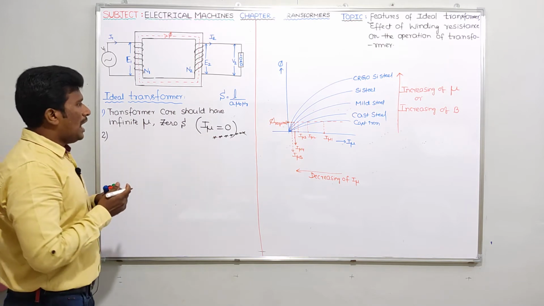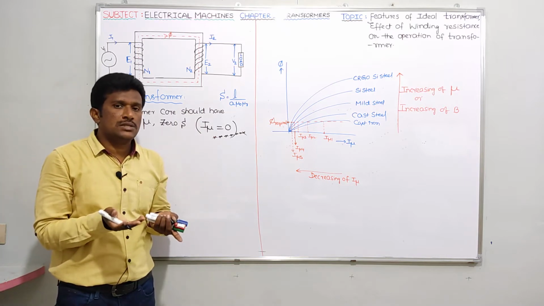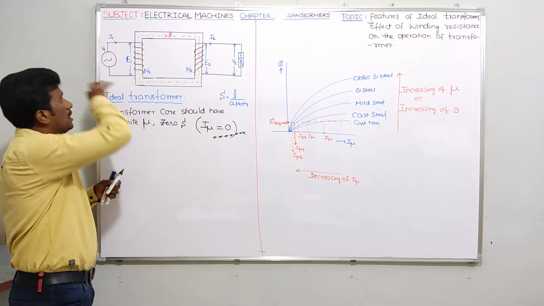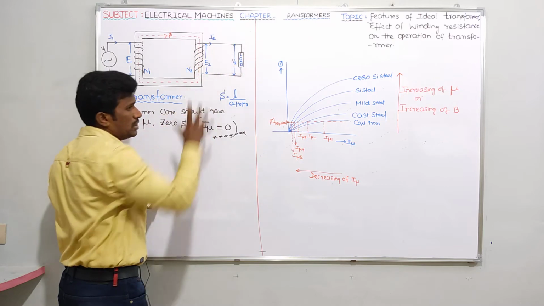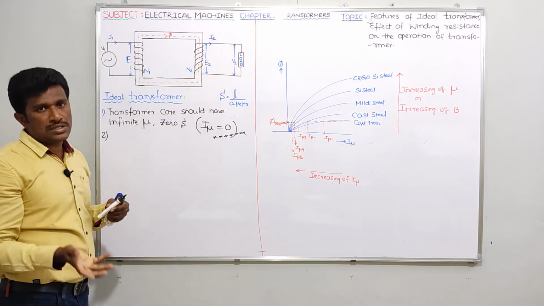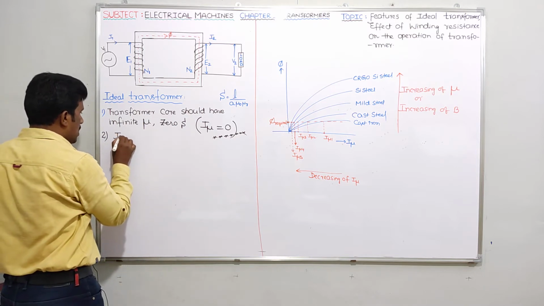Next guys. Ideally, tell me, what might be the core losses? 0, no? So ideal transformer means what? Whatever power you give as input to the transformer, the same power will get to the output. That means loss equal to 0. In general we have losses, meaning iron loss and copper losses. First of all, let me discuss iron losses.